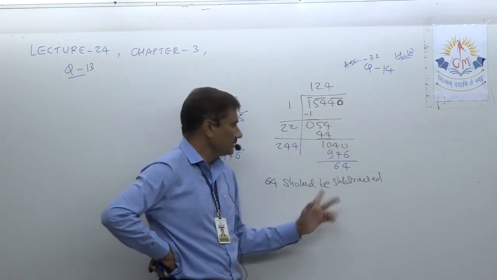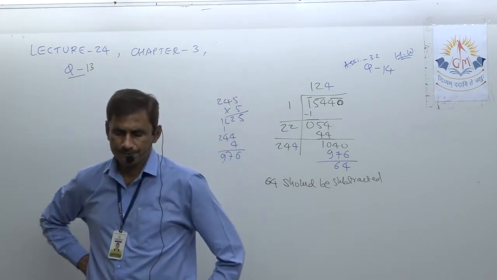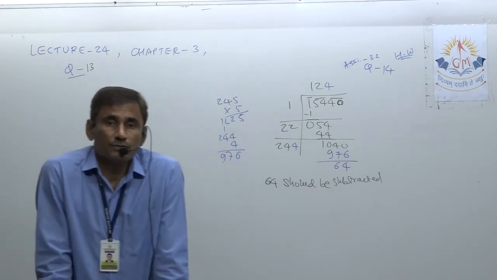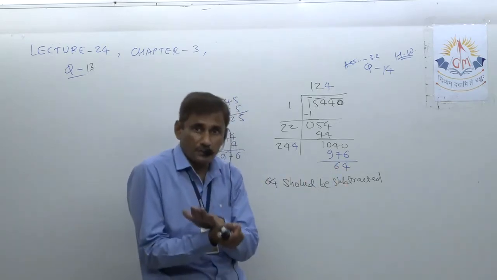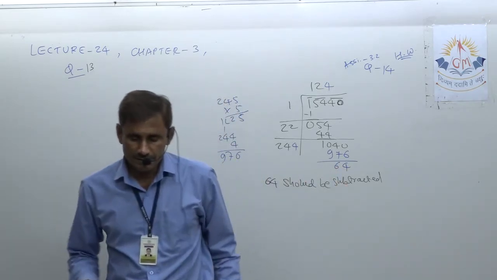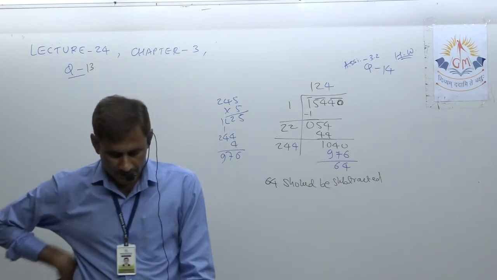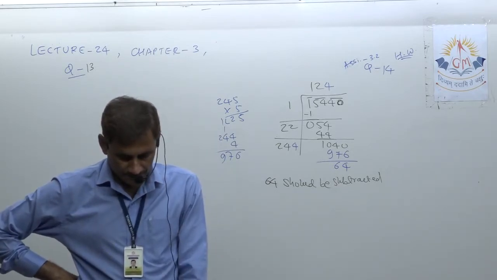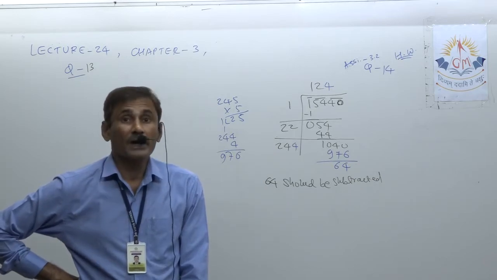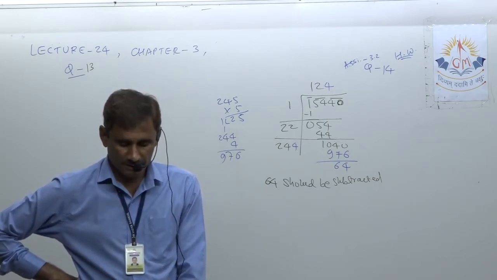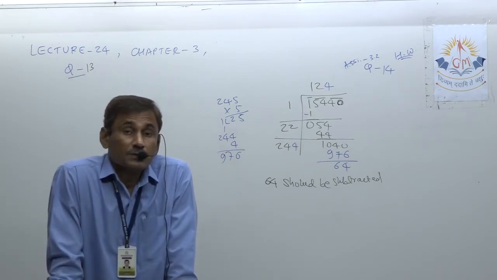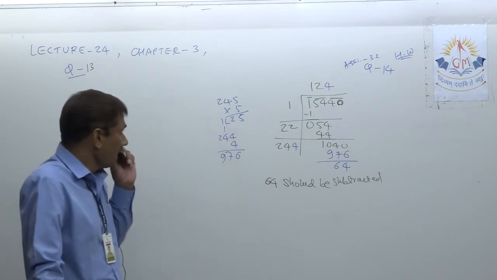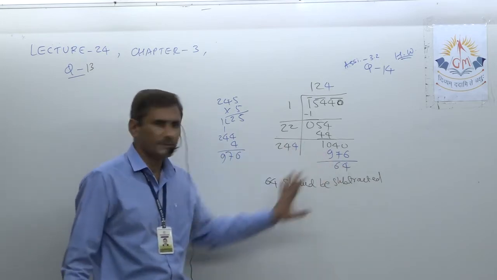So here, whenever the question is what should be subtracted, like I said that time, in the long division method, whatever you get should be written here. And in case of what should be added, we do not consider it here. It is a somewhat different process. I think yesterday, in the previous lecture, we solved this type of sum at number 9. Look at number 9: find the number which must be added. So for that purpose, suppose I want what should be added, not subtracted.